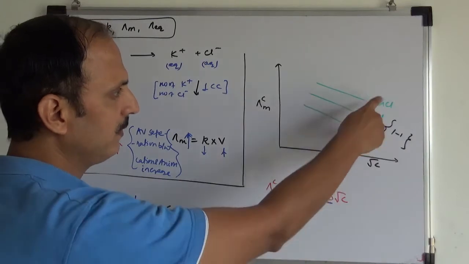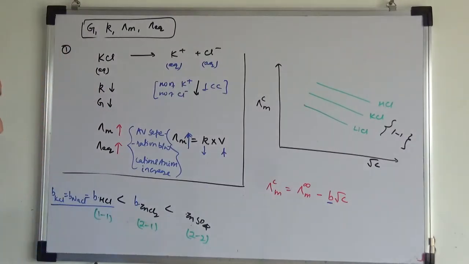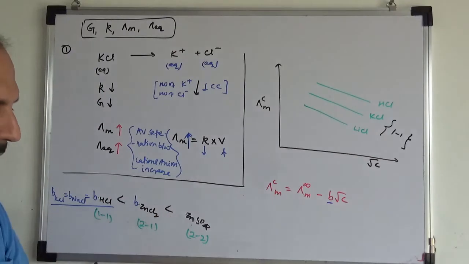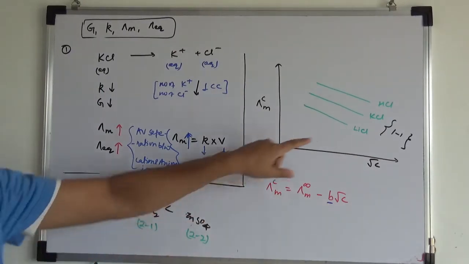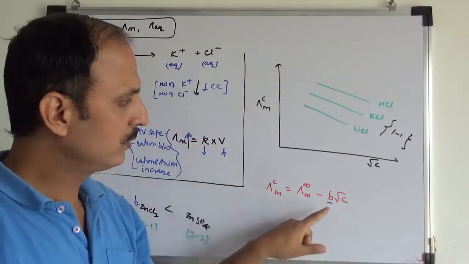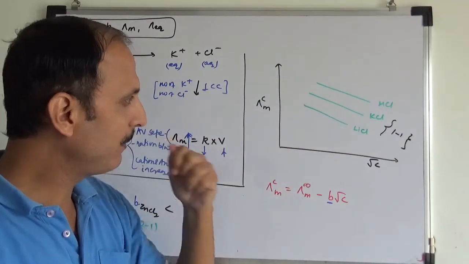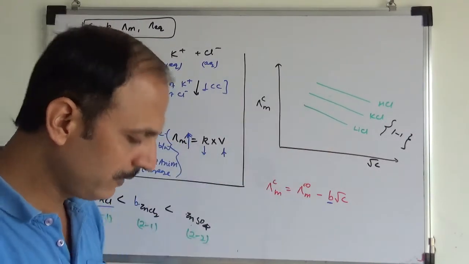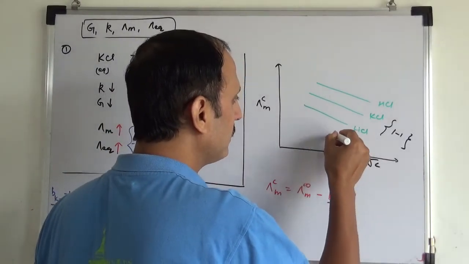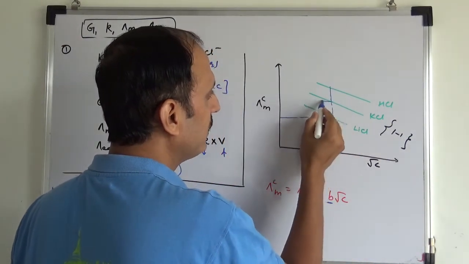It is going to LiCl. For the same molar concentration, since B is same, so they will be parallel. Since जो slope same है, देखो यहाँ पे B is same for all these three, they have got interaction of charge 1:1, so slope is same, so they will be parallel, but this is smaller because यहाँ पे conductance कम हो जाएगा. For a given concentration, इसका conductance कम हो जाएगा, फिर उससे अधिक इसका, उससे अधिक इसका.